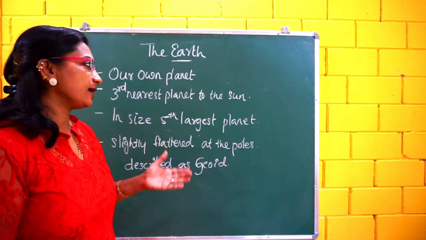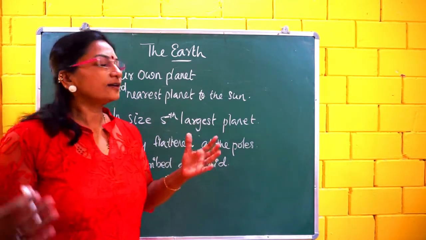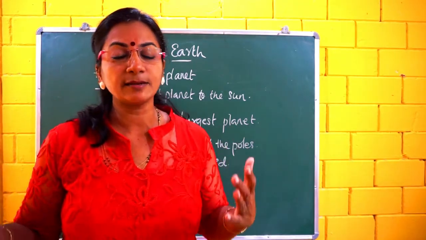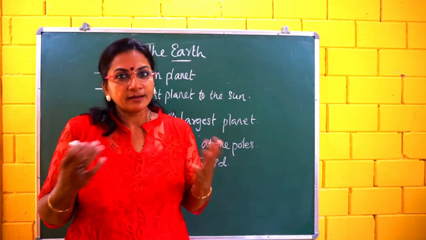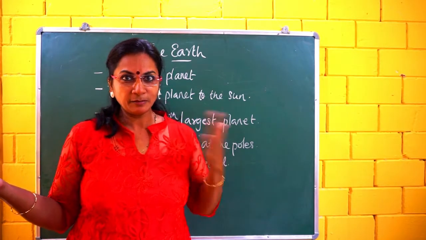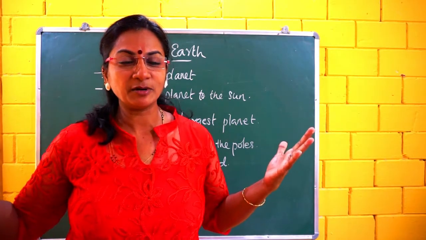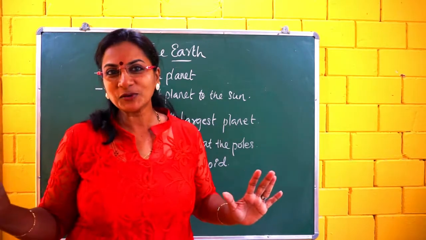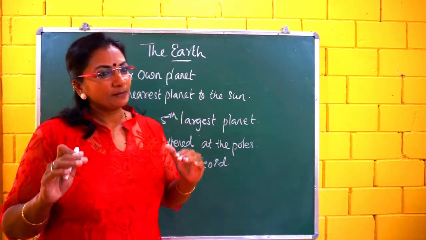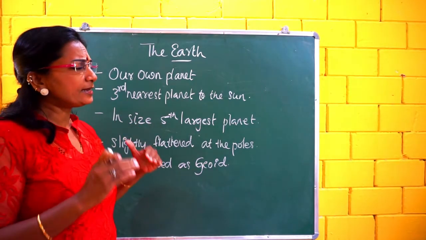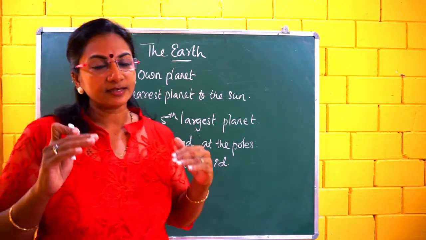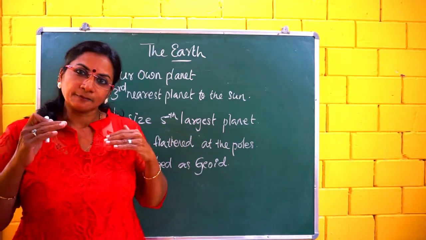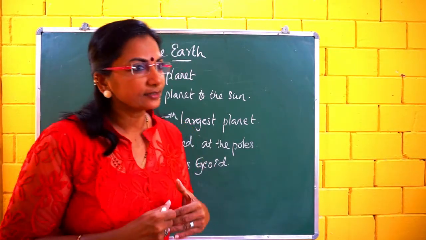I will discuss about it. Why is Earth an important planet? The Earth is an important planet in the solar system. Maybe because we are living on the planet? We people are living there, very important personalities are living on this planet, that's why we are calling Earth an important planet. No, it is not like that. Why? Because life exists only on the Earth. We learned about the 8 planets, and life exists only on the Earth, isn't it?